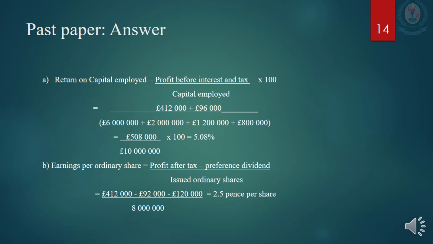Now we are going to start a past paper question. 2018 January question 5. Before starting the question, read the previous slides and understand while listening. Okay, now we will start. This question requires us to find the ROCE, earnings per share, dividend cover, price earnings ratio and dividend yield. Look at the information given in the left side of the slide. Now we will carefully pick the necessary amounts required for each formula.